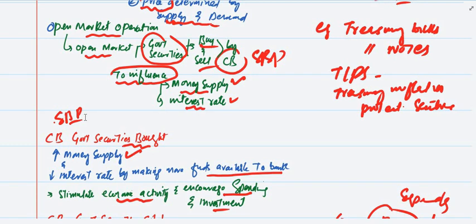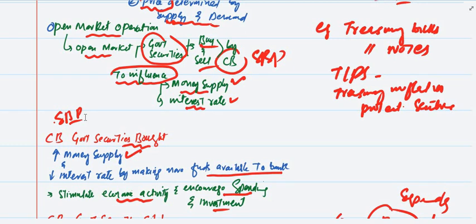Open market operation refers to the buying or selling of government securities, like treasury bonds, treasury notes, treasury bills, treasury inflation protected securities, called TIPS, and municipal bonds by the central bank, such as, for Pakistan, the Central Bank of Pakistan, as a means of influencing the money supply and interest rate